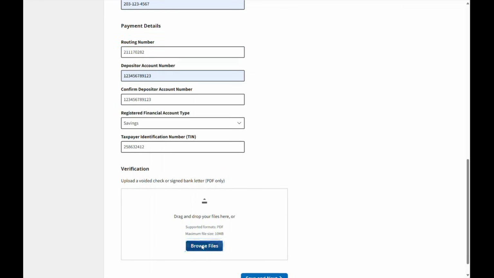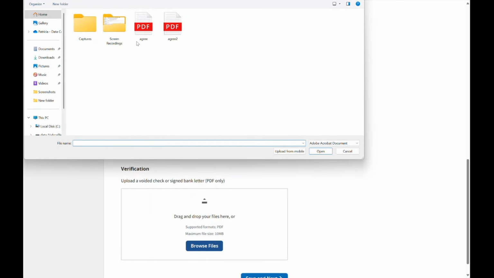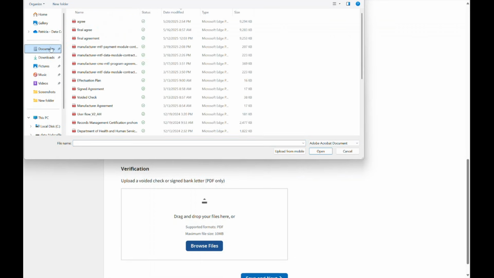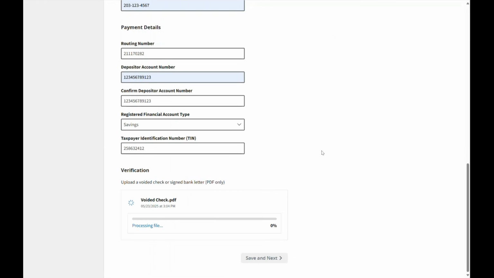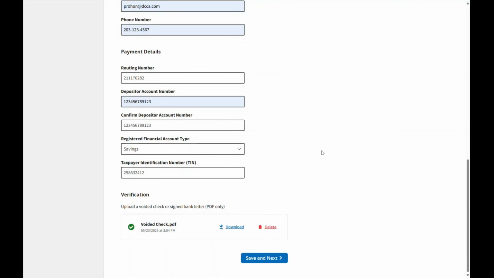Simply browse your files, select the file that you wish to upload, and once successfully uploaded, you can download and you can delete if you need to upload a different document. Once you are done on the screen, click Save and Next.